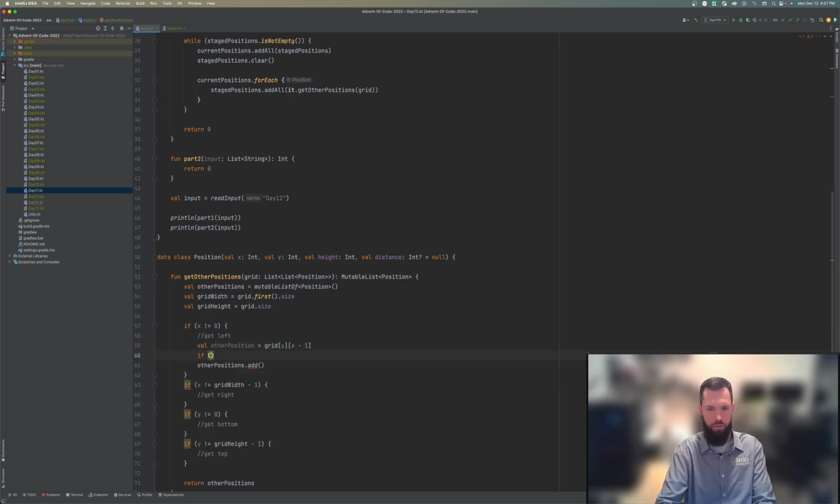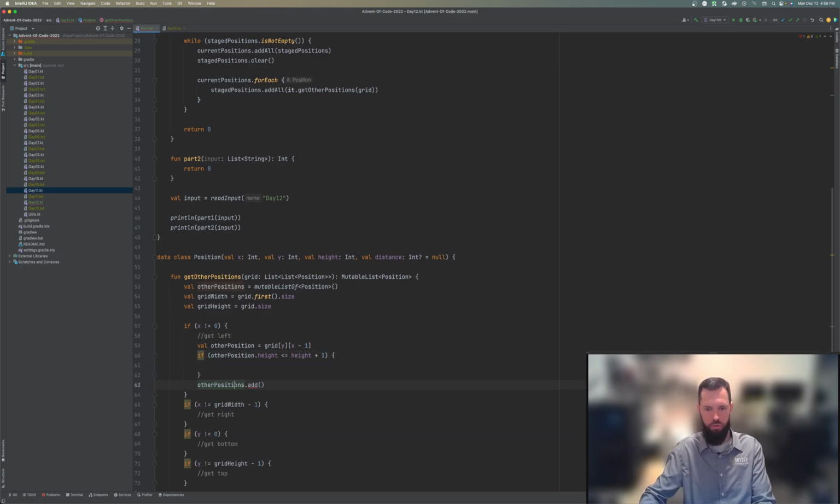So we'll say if other position height, let's see, we need to check if the other position's height is less than or equal to our height plus 1. So that's our condition, and if it meets the condition, we also only want to add it if